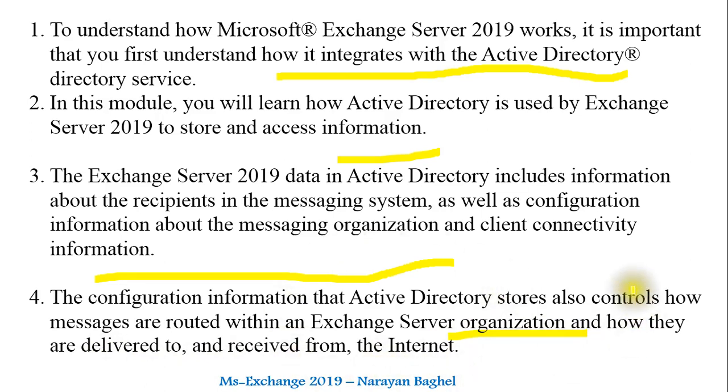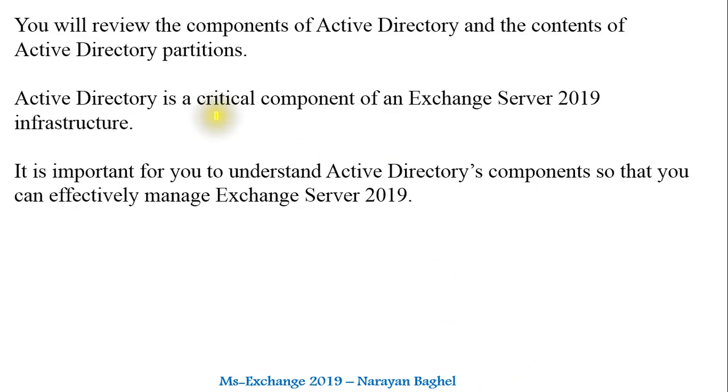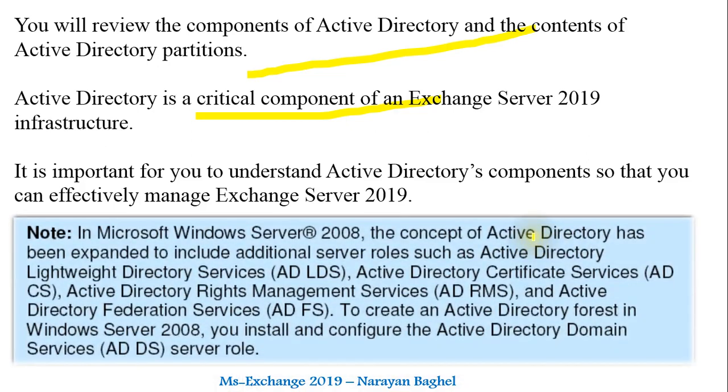These kinds of things are also controlled by the configuration information that Active Directory stores. Apart from this, we will review the components of Active Directory and critical components, and we will understand the relationship between Active Directory and Exchange server.